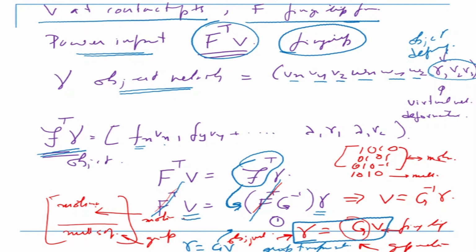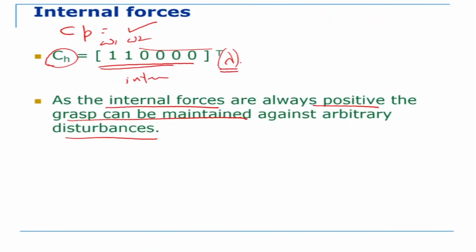Okay, so the G matrix is giving me the relationship between the velocity at the fingertips and the velocity at the center of the object, related by the matrix G. What does this matrix G consist of? If you look at the earlier case, it will basically consist of this matrix plus the internal forces. If you remember what we had done some time back, let me go back and try to explain this matrix, the G matrix.